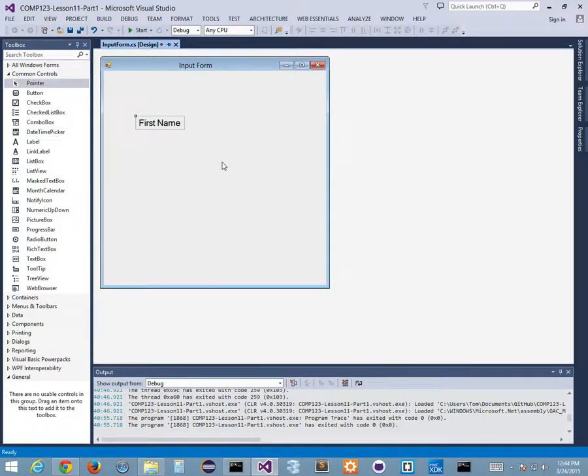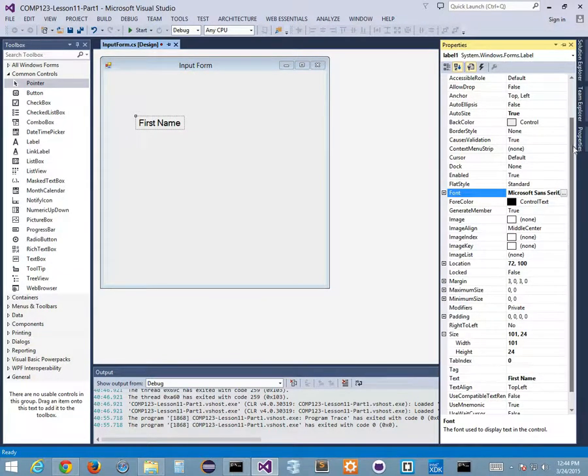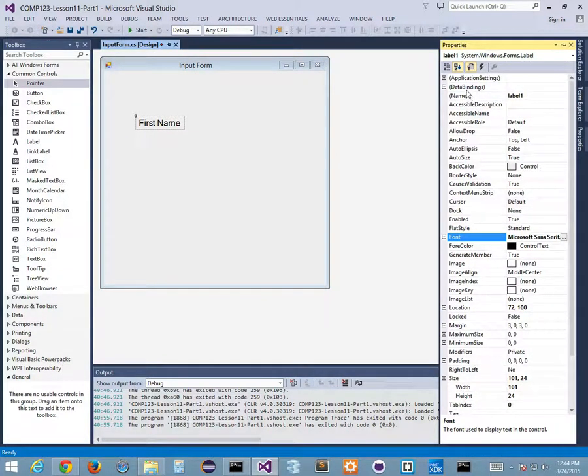Is there something I should do with this label? I should probably change the label itself, the ID for the label, right? So where do I do that? Top, right? Way at the top it says name in these round brackets here, right? These parentheses. I want to change the name, and whatever I change the name to here is accessible in the